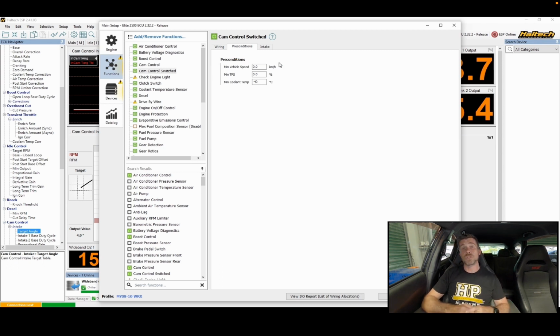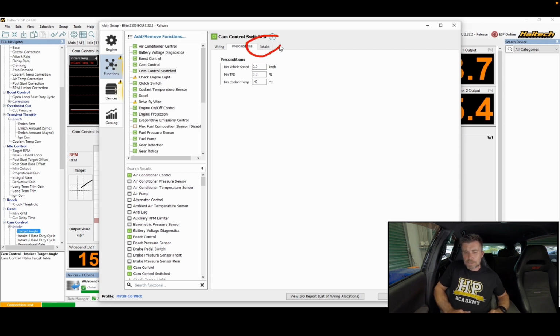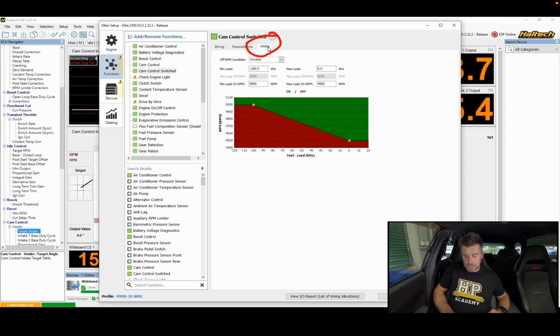We can get around that, of course, by using dual maps. The choice, of course, is up to you and what you're trying to achieve. Just need to understand the implications of those choices. Moving on, we'll get into the meat of the tuning process here, or the setup process here, which is our